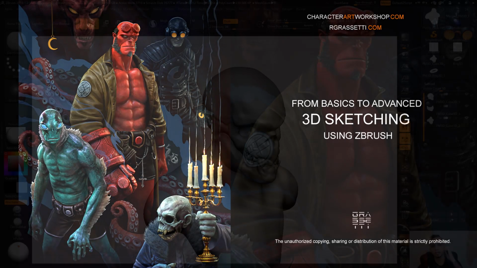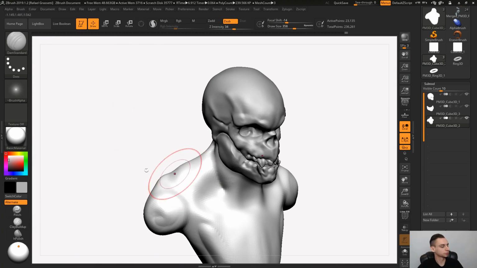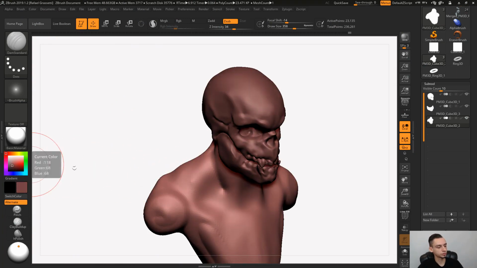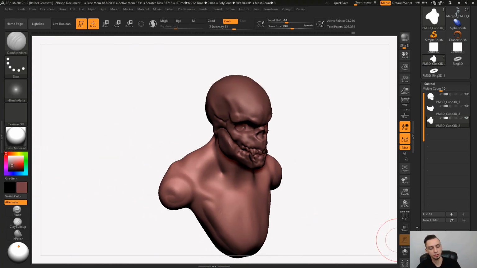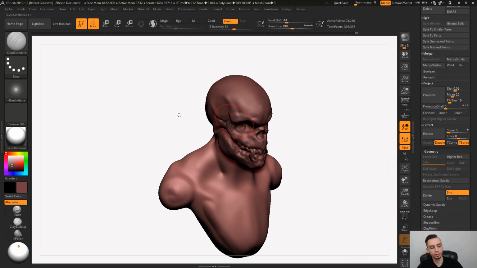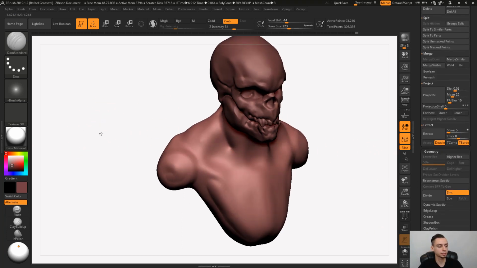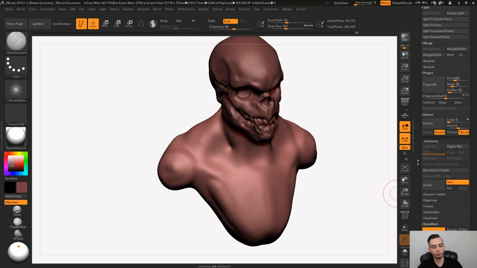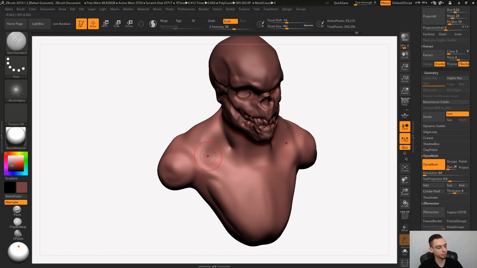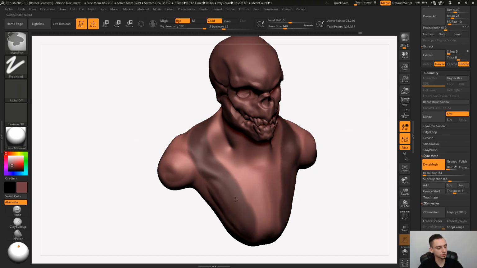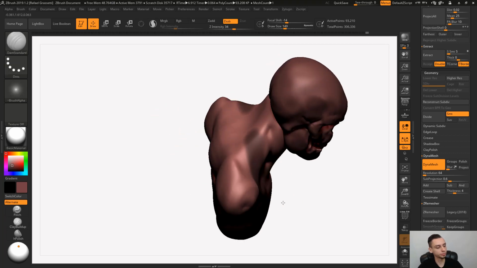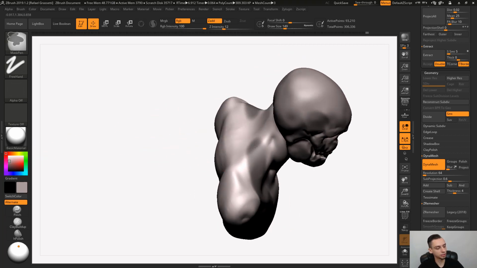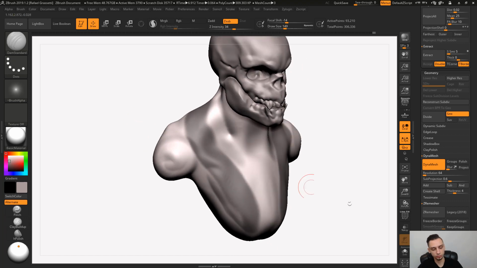All right, guys, the one thing I want you to be aware of, and you saw me using a lot on that other video, is the different ways that we can get a mesh. We talked a little bit about that, but I use the Extract a lot. It's very straightforward: if I mask something, let's say you want to make a jacket or just a collar for this guy, and then hit that Extract button,